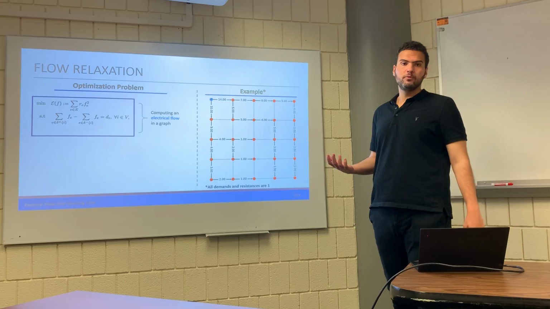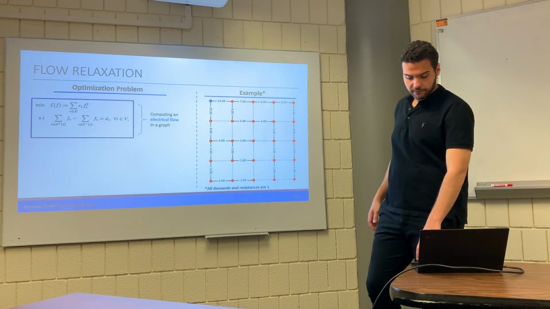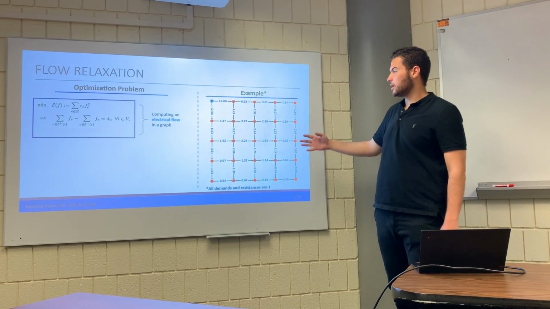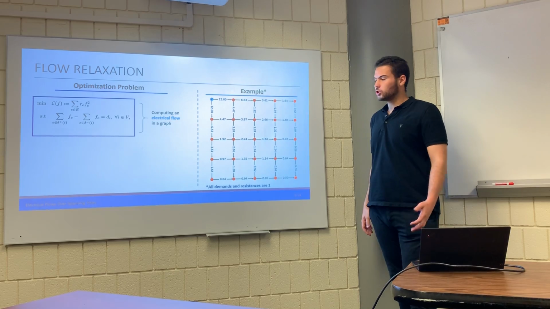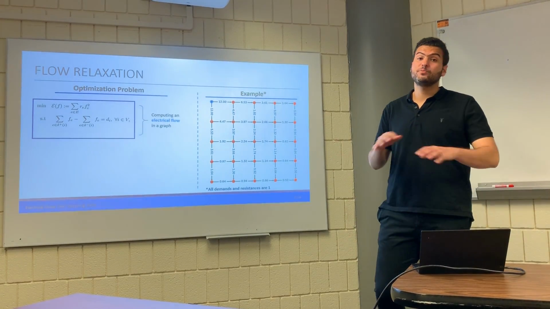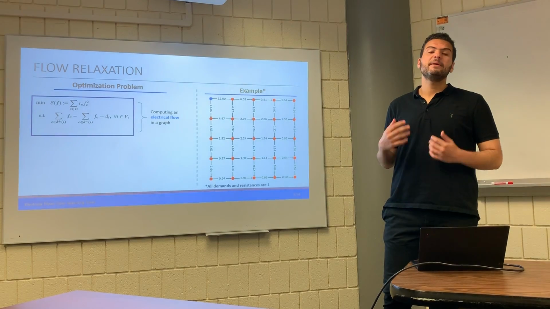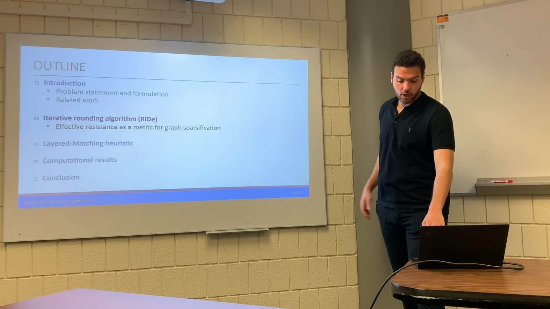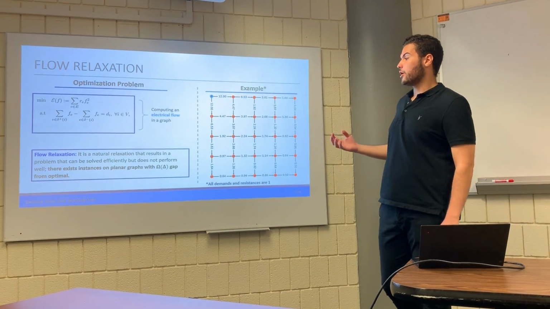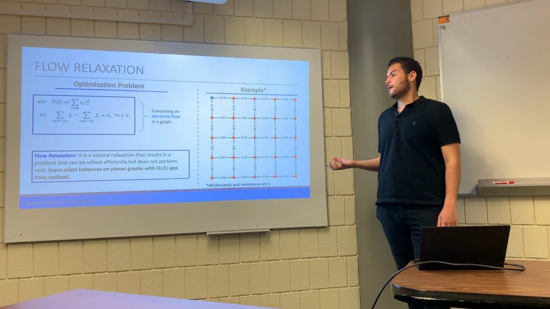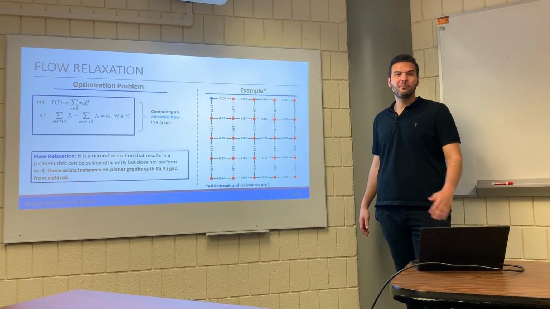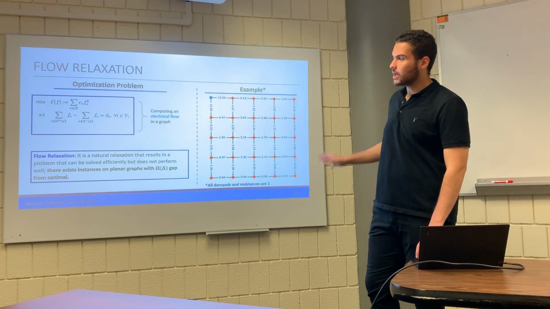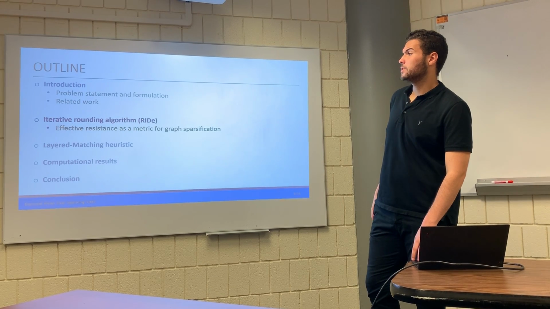Then the problem reduces down to computing what's known as an electrical flow in a graph. Back to our example, if we compute this relaxed flow, we get the following solution, and here we see that the solution is far from acyclic. The quadratic objective will try to disperse the flow as much as possible, so it will pick as many edges in its support as it can. And we also have instances on planar graphs where the gap between the flow relaxation and the optimal spanning tree is omega delta, where delta is the maximum degree, and this maximum degree can be omega n. So the flow relaxation by itself does not do well, but